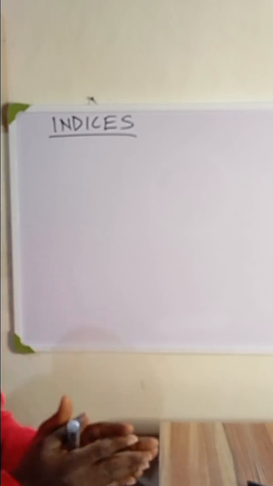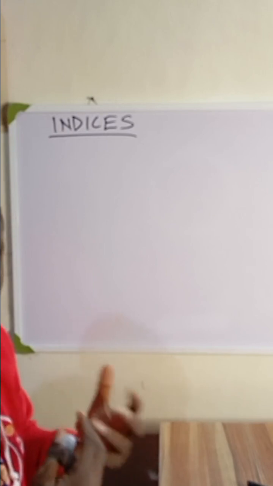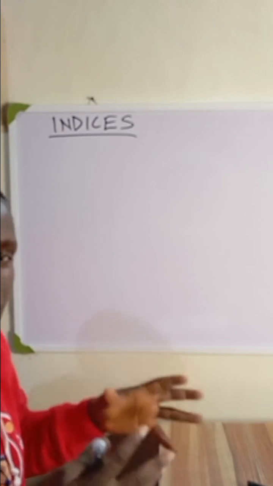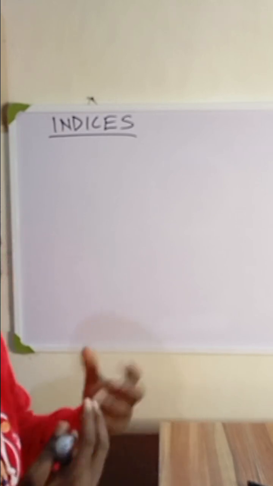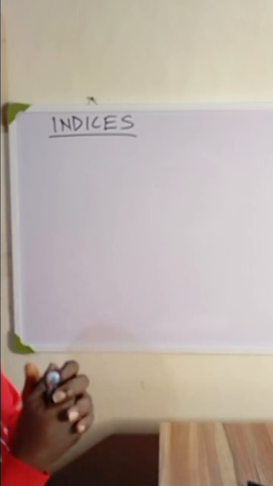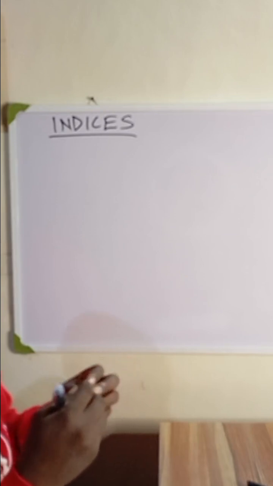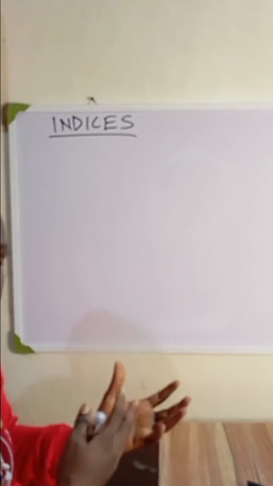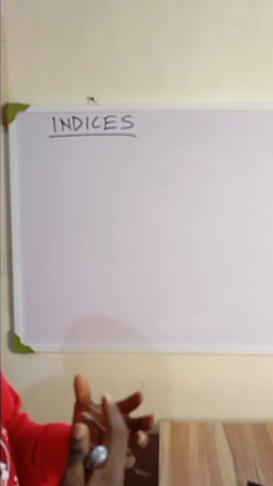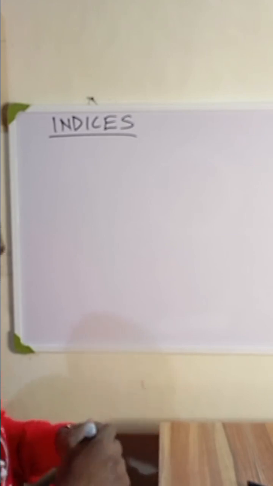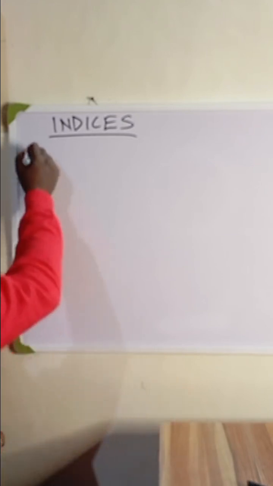Okay, so today we're looking at indices. Before we go into the laws that govern indices, we need to first of all know what indices actually is. You see, most times when students are learning mathematics, they don't know what the topic is about, therefore they cannot really understand what the whole concept is about. So an indices is a number that is in index form. So indices, index. So the plural of index form is indices. Okay, so a number is said to be